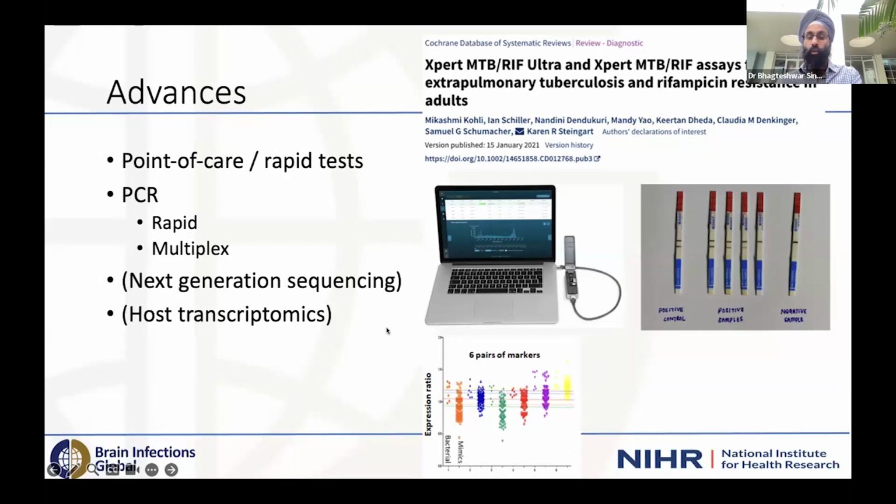This is a MinION or a nanopore device that's handheld and can just be connected to a laptop like this, to do some really high-tech work to try and find things that we didn't even suspect to be there in samples. And then host transcriptomics, and the Liverpool team and Mike Griffiths have been at the head of that, have been working on how to tease things apart in terms of the host immune response with various markers and not just antibodies.